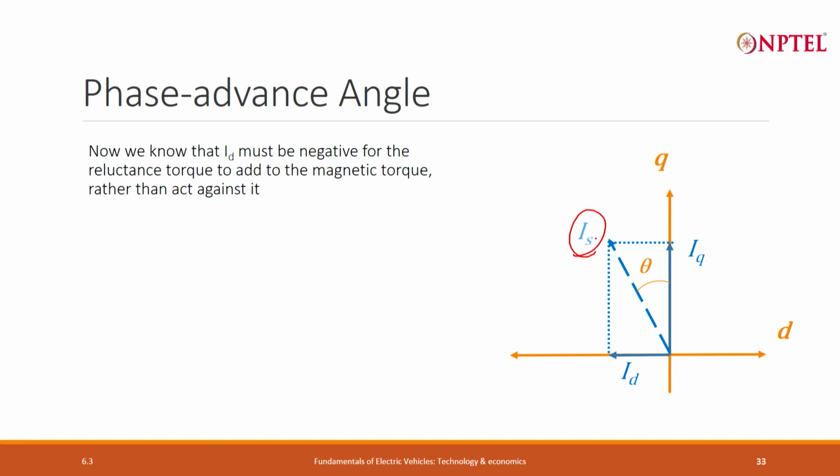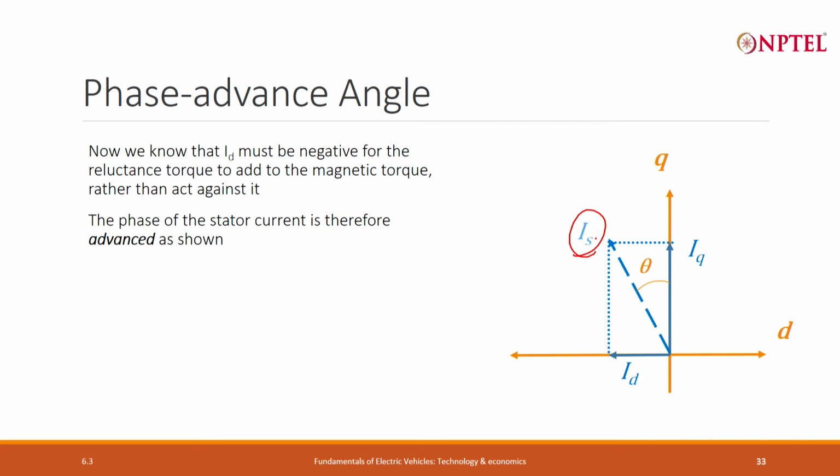So, that vector sum will make an angle theta. From what we already know about trigonometry, we can say that IS will be the Pythagorean sum of ID and IQ, which means IS squared is equal to IQ squared plus ID squared, and tan theta will be equal to ID by IQ. Since I have advanced the direction of IS,